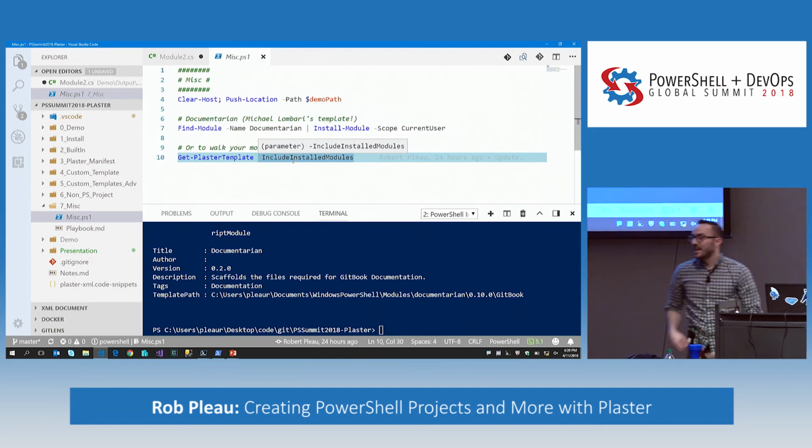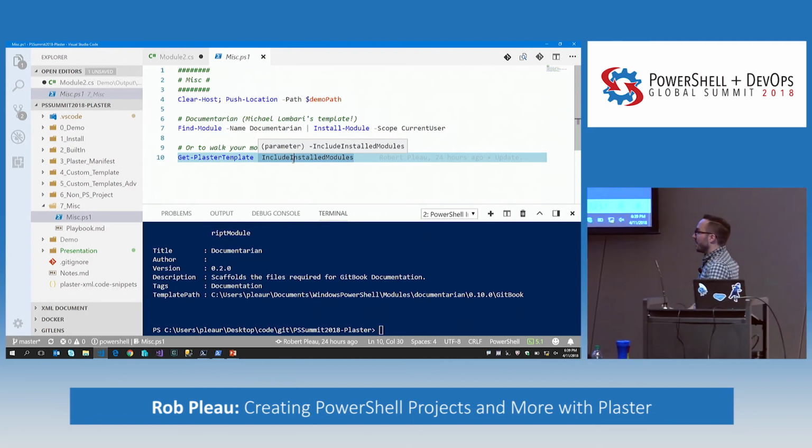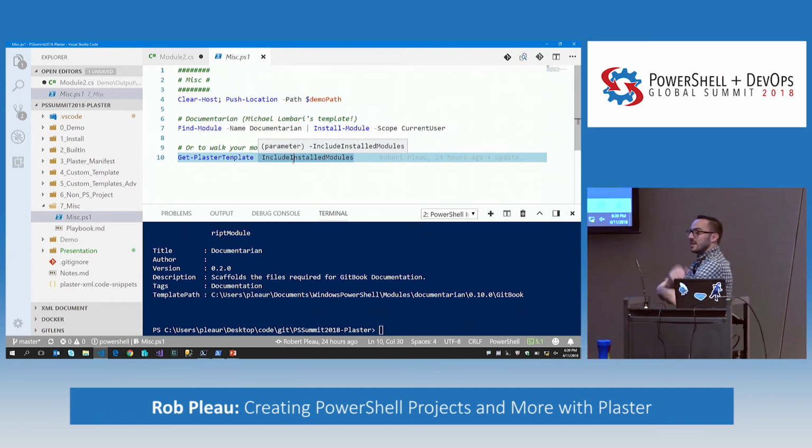Yeah? How have you been getting around finding the templates and extracting the path? Because doing like Get-PlasterTemplate, pipe,